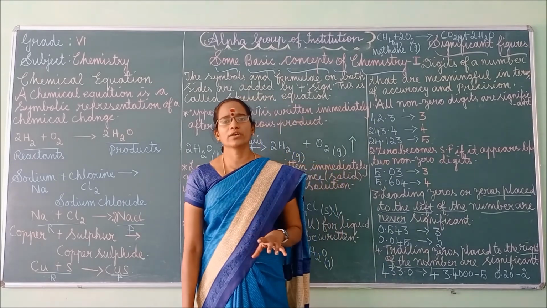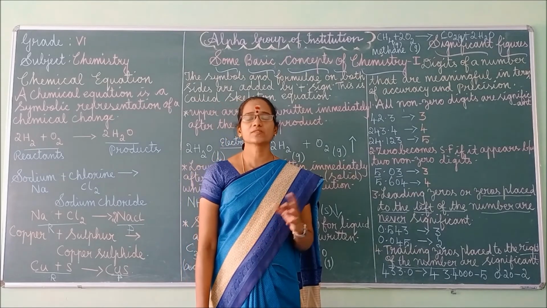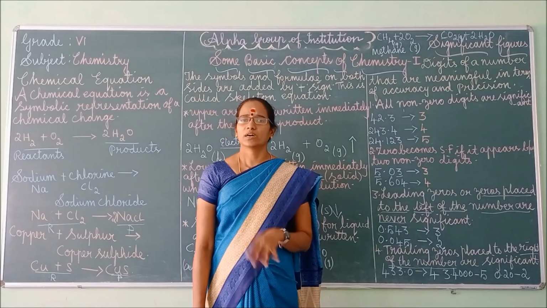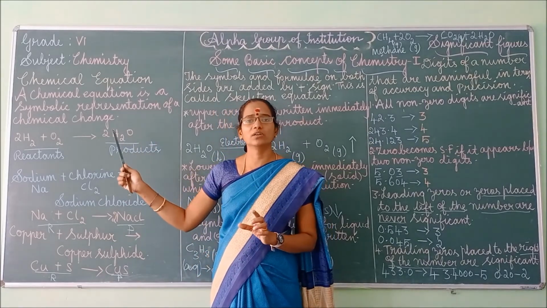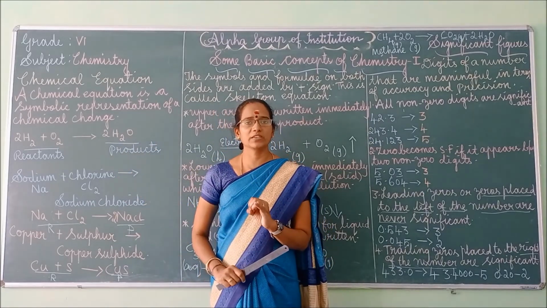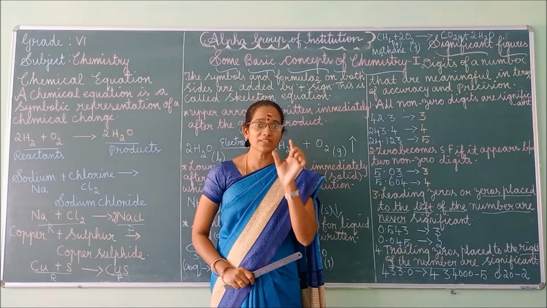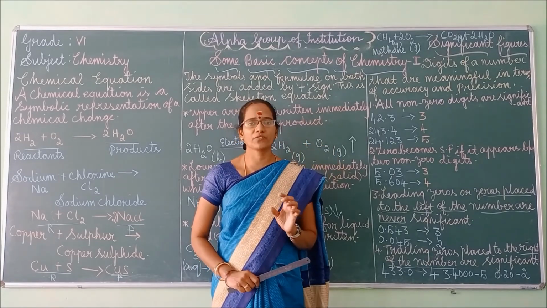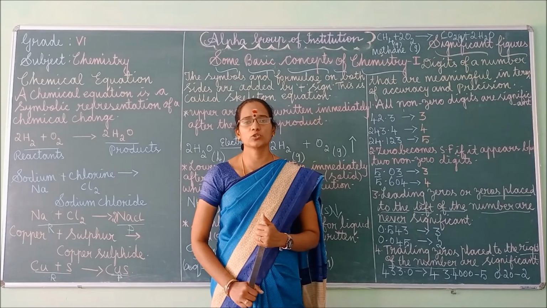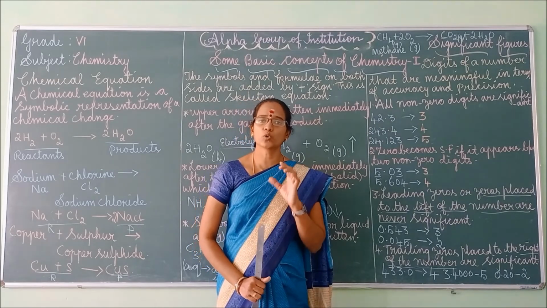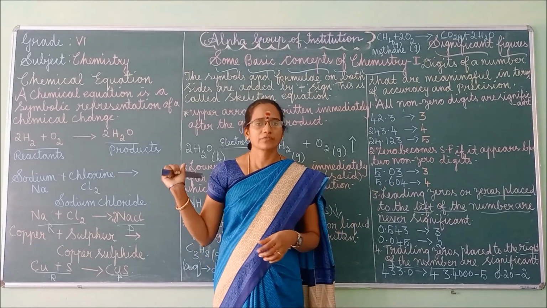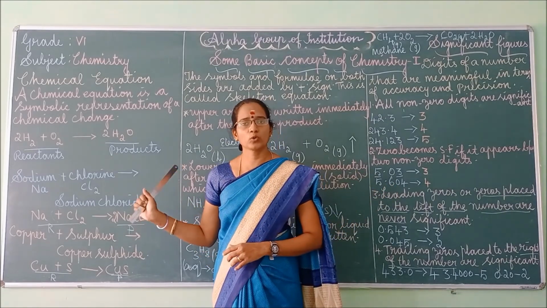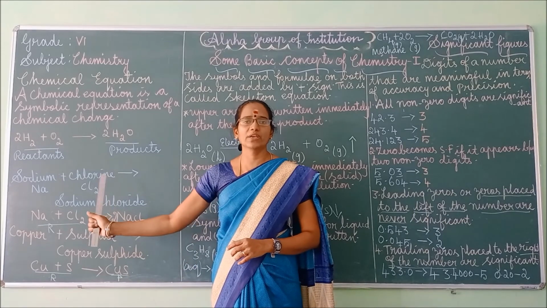Okay, you go through everything, and the remaining things we will see in the classroom. That's all children. Go through all the things, especially you have to learn what is meant by chemical equation, define chemical equation, and what is the purpose of writing the significant figures. These two things especially you should know about, and also rules are very important. Rules not only for significant figures, even for chemical equation also I have told some rules. Based on that only we have to write the